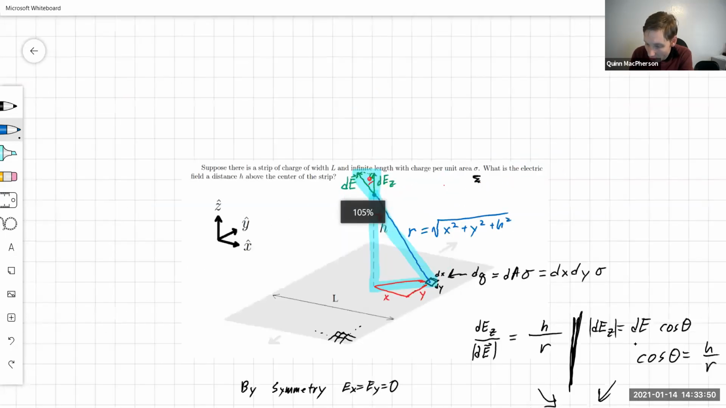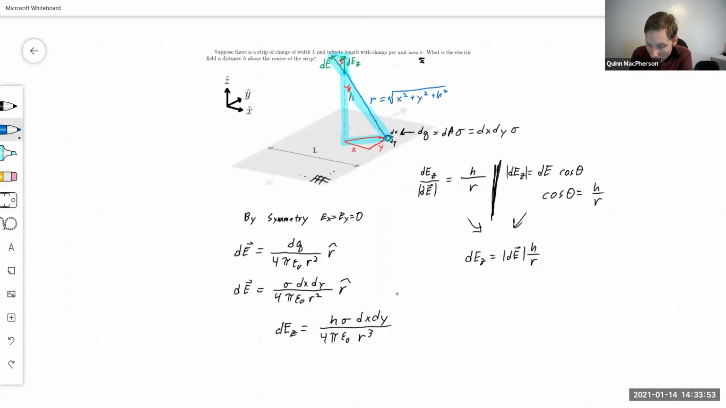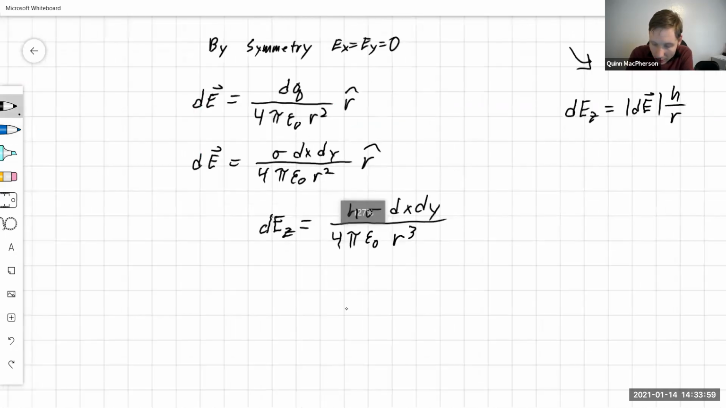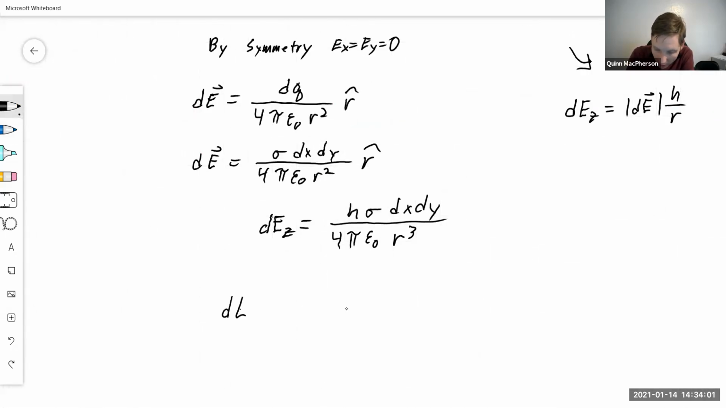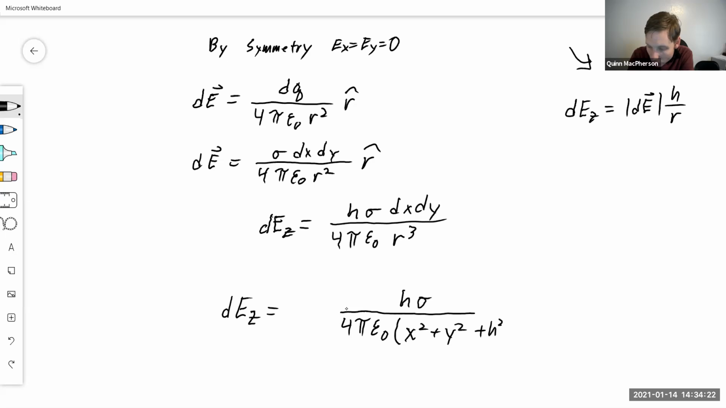Using that below, so go down here, we'll plug that r, that whole big square root thing, into here, and we get that dEz is equal to, and I'm going to leave a suspiciously large gap, h sigma over 4 pi epsilon naught, and then x squared plus y squared plus h squared to the 3 halves. It was cubed and then square rooted, so it gets 3 halves, and then dx dy